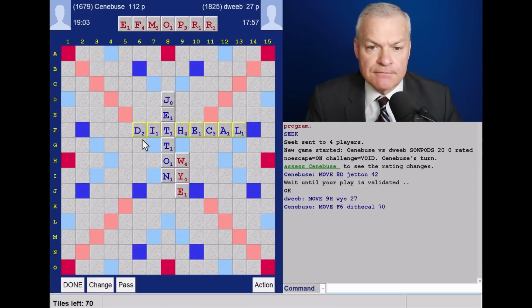Floating D. No. C. No. A. No. L. No. OW. No. T. No. Okay, so I'm not seeing anything, which is disappointing, but I did set up this spot for my scoring